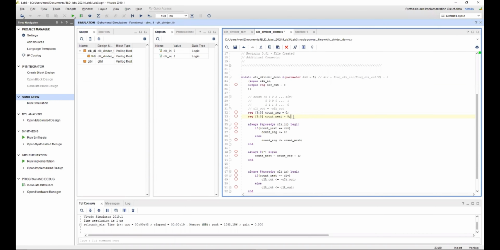Now we need to understand why we are using the clocking wizard and why we haven't only used the clock divider to convert 100 megahertz to 1 hertz. This is because we are converting the frequency of clock in to clock out with the help of the div value. As you can see from the formula, the frequency of clock in is 100 megahertz and the frequency of clock out is 1, so this value would be quite large.